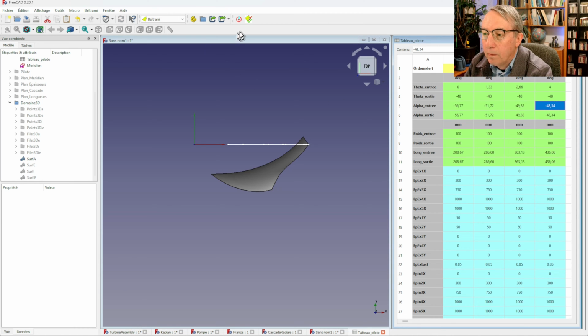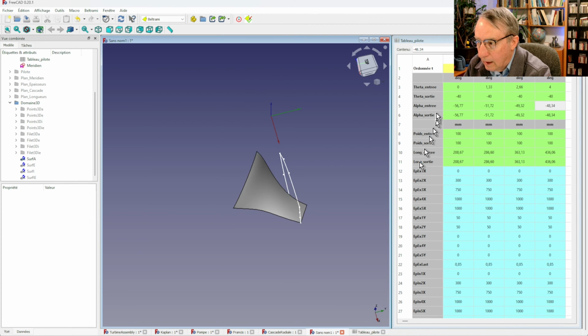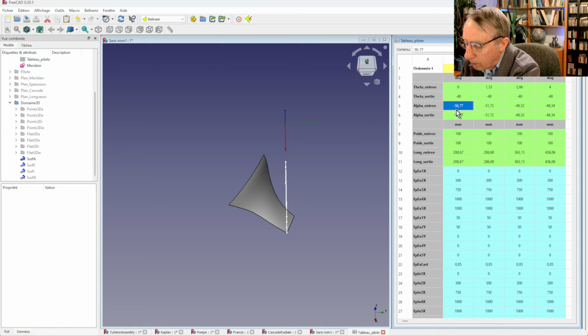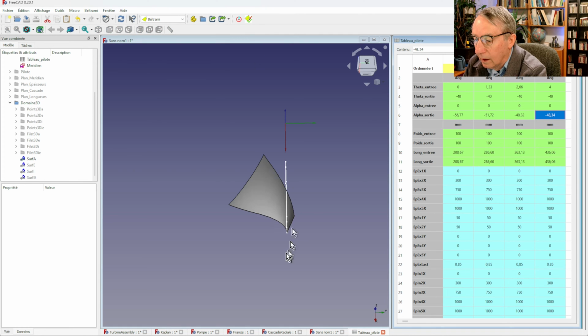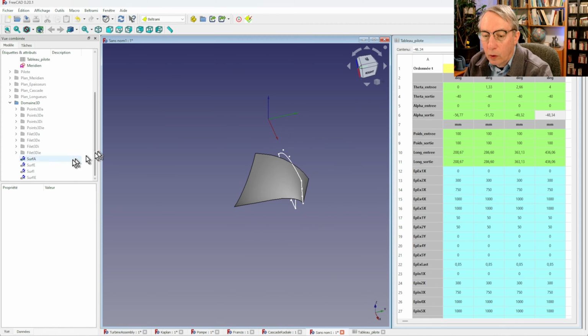And again, I update the profile, and we have now the trailing edge on the meridian plane. Alpha are the angle at inlet and at outlet angle of the blade. So presently, the angle is -50 degrees around for the inlet. So it goes in that direction there. If we wish, for example, to have a 0 degree inlet angle, we can put 0 there. And we have a 0 degree inlet angle for the web. Of course, all the other surfaces follow automatically.